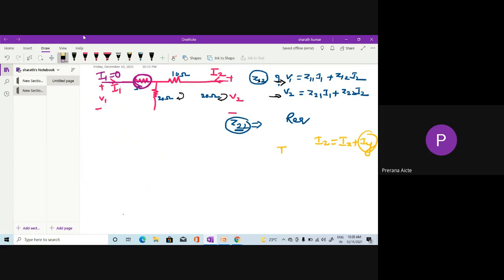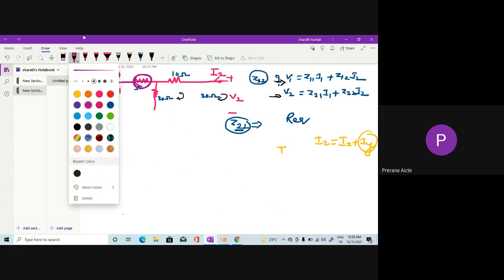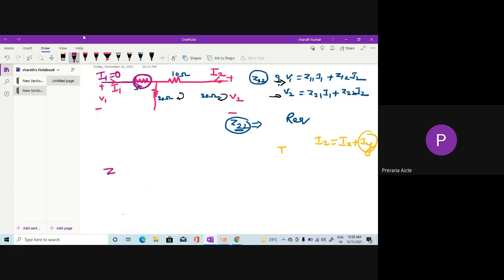Just mention the Z parameters obtained so far. Z12 is 8,